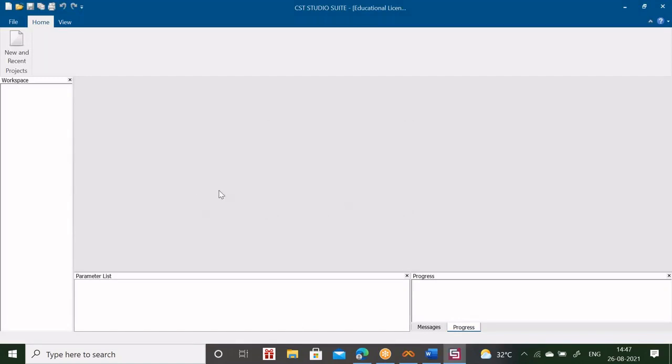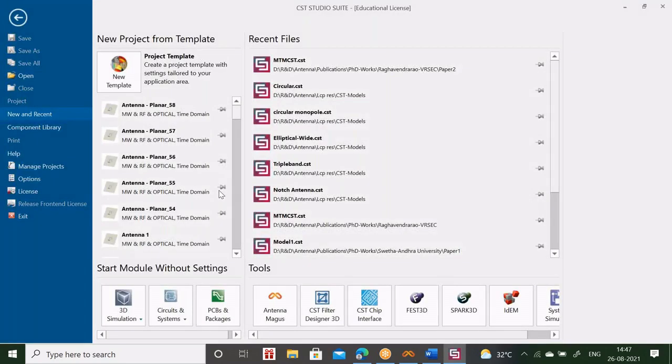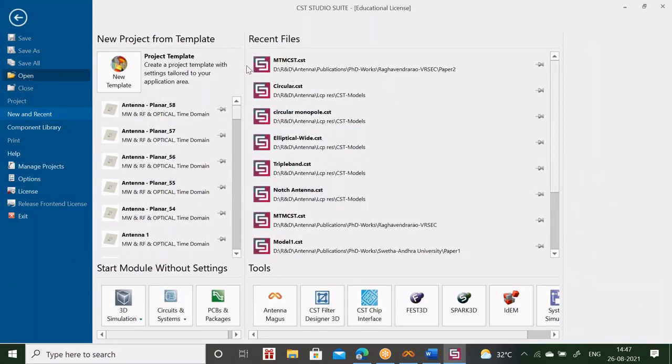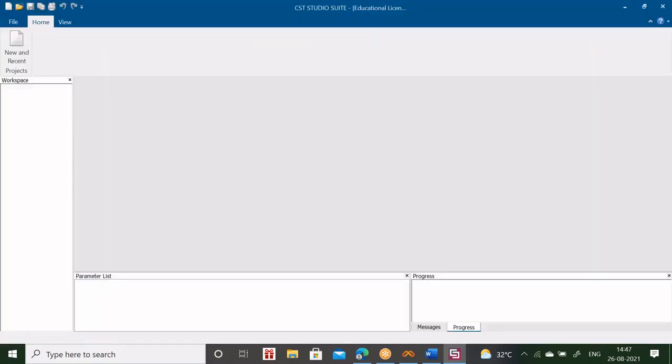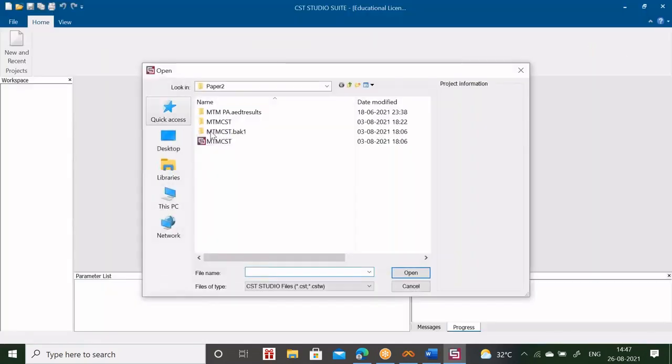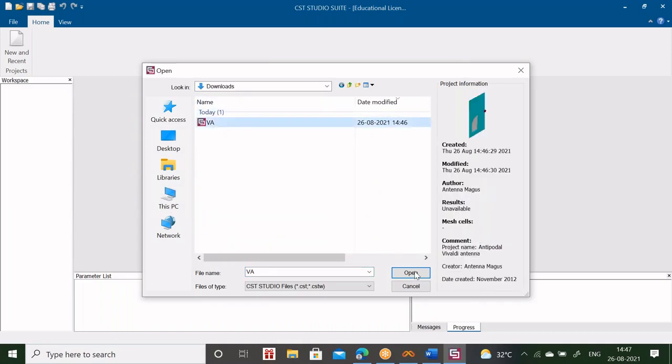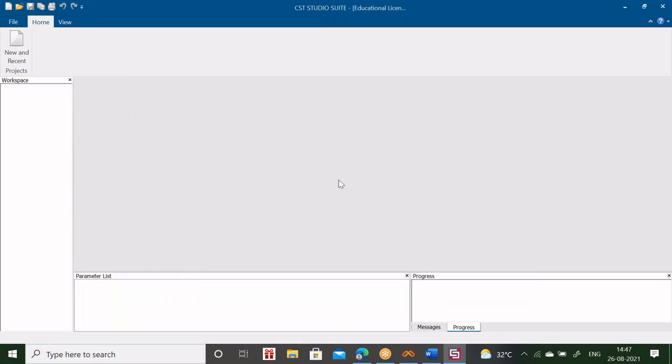I'm showing the live demo, that's why it takes some time depending on computation. Okay, so CST Studio is there. Click open, and that model wherever you have placed it, download it is there. Download, yeah, VA. Click open.